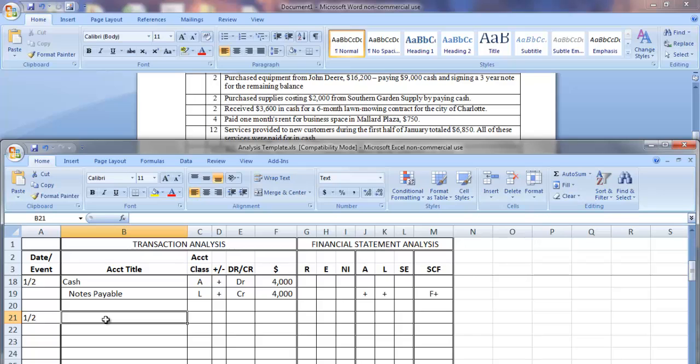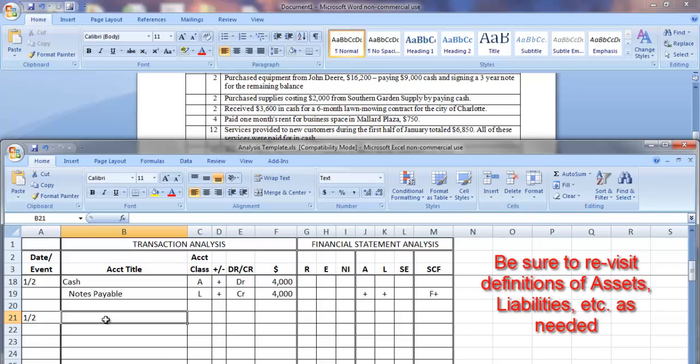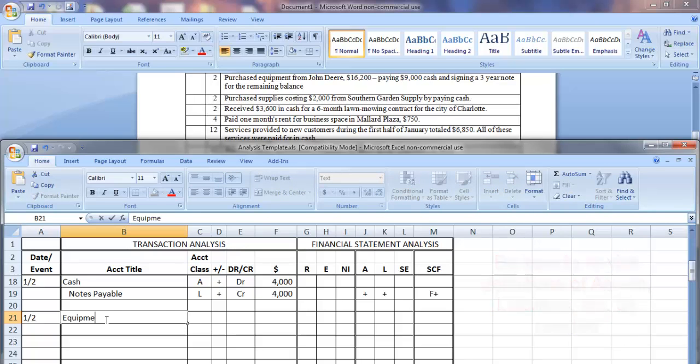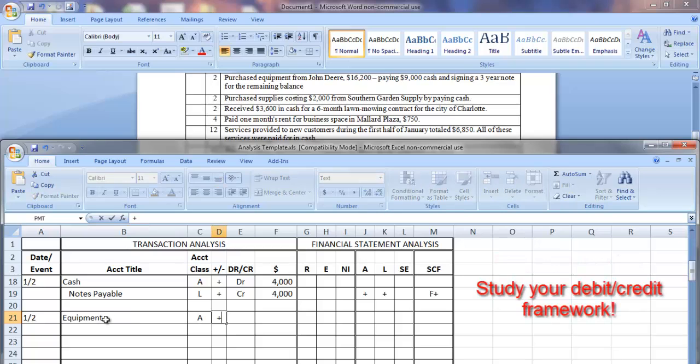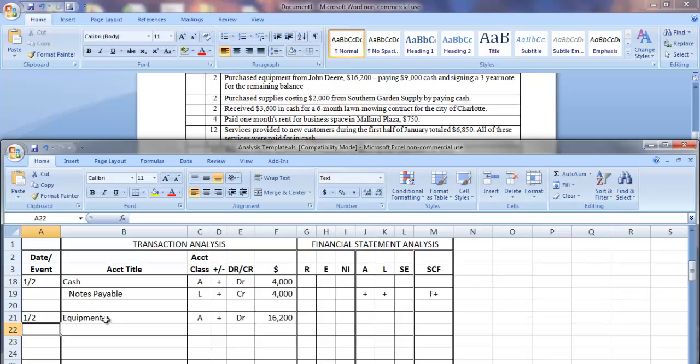Purchased equipment. What kind of account is equipment? Well, it's something the business owns. It provides us future benefit, so it's an asset. We've increased that, so we're going to debit the equipment account for $16,200. Okay, we know we need at least one more account, so let's continue reading. Paying $9,000 cash. Okay, well, we can stop right there for another second. We paid cash, again, cash being an asset, of $9,000. So we need to credit the cash account for $9,000